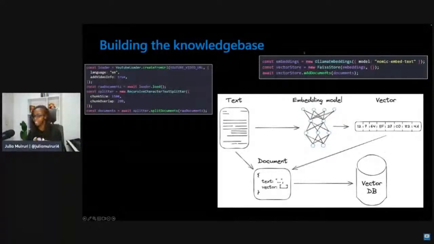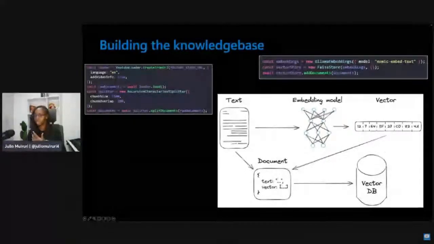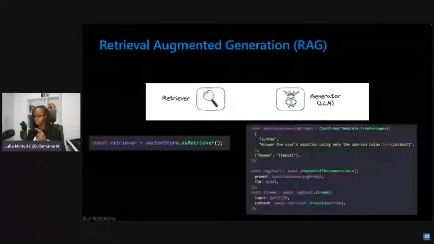Then when it comes to the retriever and the generator components, the retriever is actually a single line of code, as you can see here. And for the generator, you can see how we are passing in the system prompt. We are now assembling everything in the RAG chain. And then we've enabled streaming here, so you can see how we are passing in the question, and you end up with the application that I was talking about.